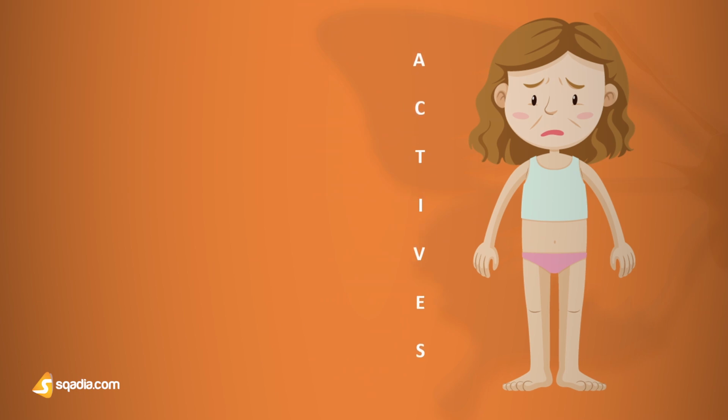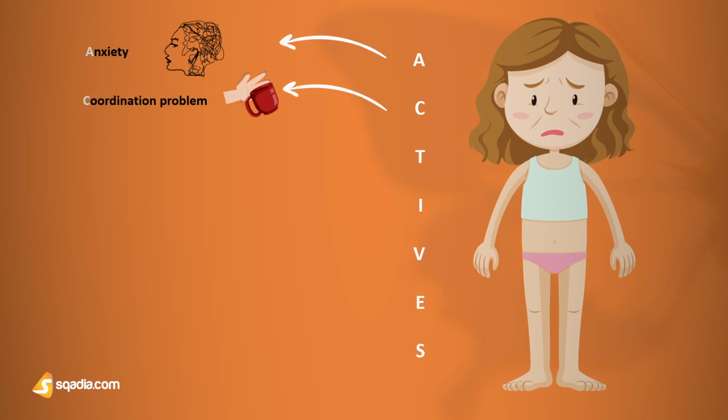Now, this could be said as something opposite of what you would observe in MS, since you are losing your ability to move your muscles. So, you can memorize this mnemonic as an opposite of what you would experience in an MS patient. So, A starts with anxiety, C stands for coordination problem, which could result in numbness or difficulty balancing,